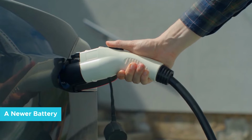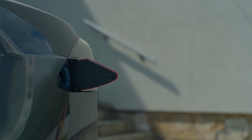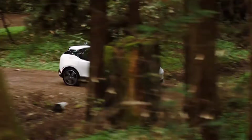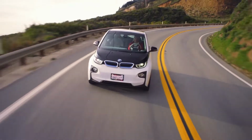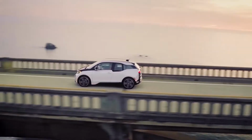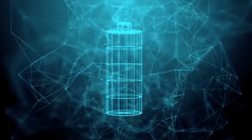A newer battery. The Tesla Model 2 will take advantage of new battery technology. As the car is smaller, its battery will also be smaller, but it has new tech that makes the battery cheaper and safer. The top-spec Model 2 is expected to have a range of up to 500 miles on a